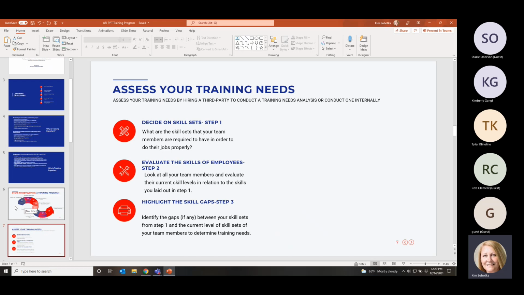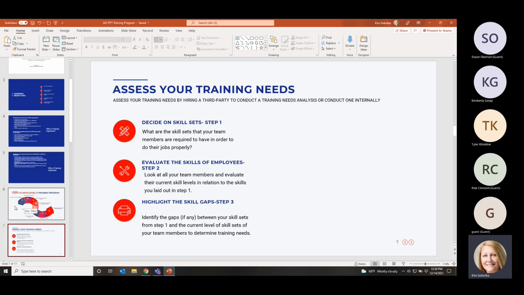So when you decide on what the skill set are, then look at each employee individually and see if they have the skill sets to do that job. Maybe you've got somebody assigned as an admin that has skill sets that would be used better out in the plant somewhere in some kind of capacity. So evaluate the skills of your current employees. Again, we're all different. Everybody's got strengths and weaknesses, and your goal when you're creating these is to help build on everybody's skill strength.